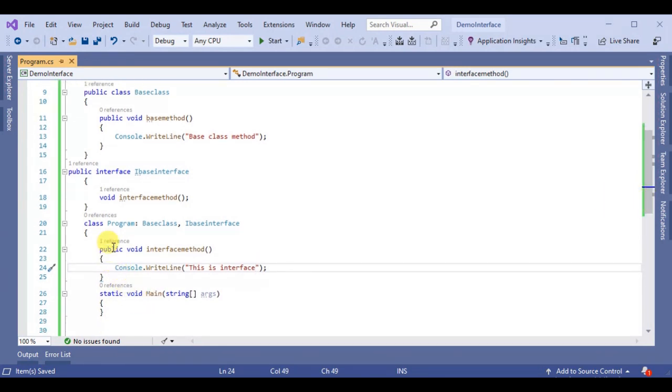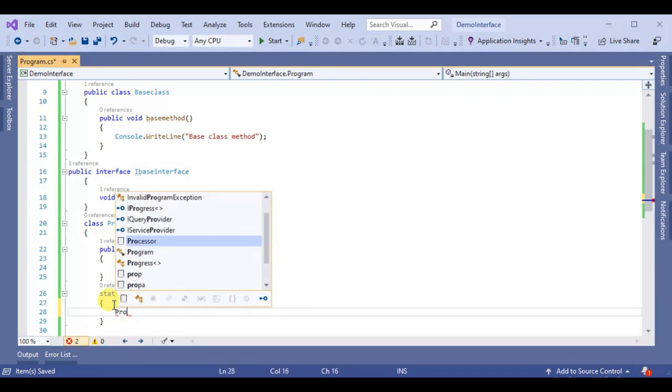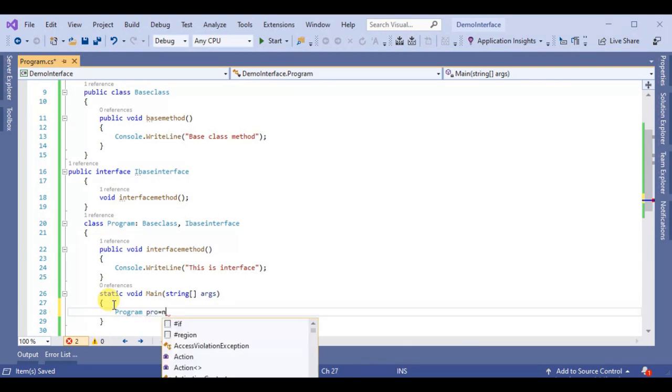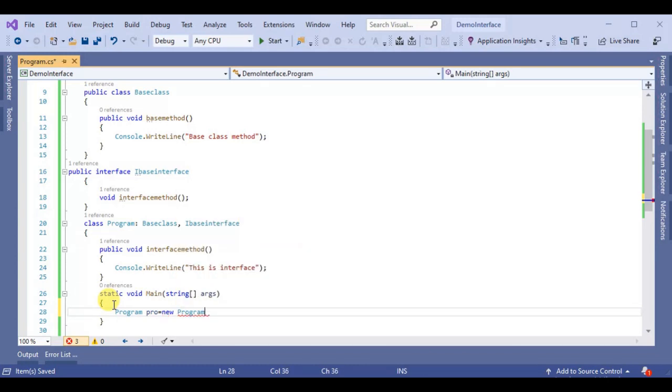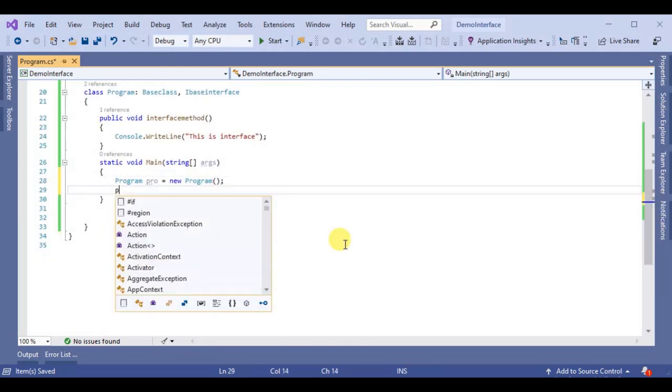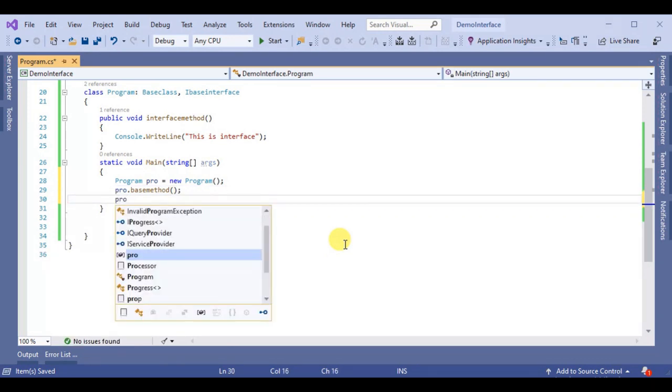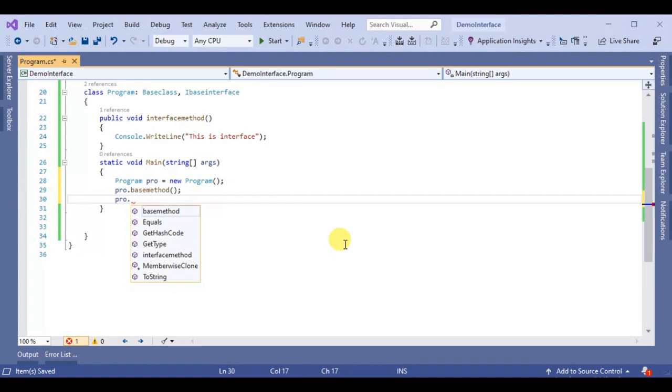So now we create an object of Program, pro equal new Program, and call pro.BaseMethod and pro.InterfaceMethod. So save and run.